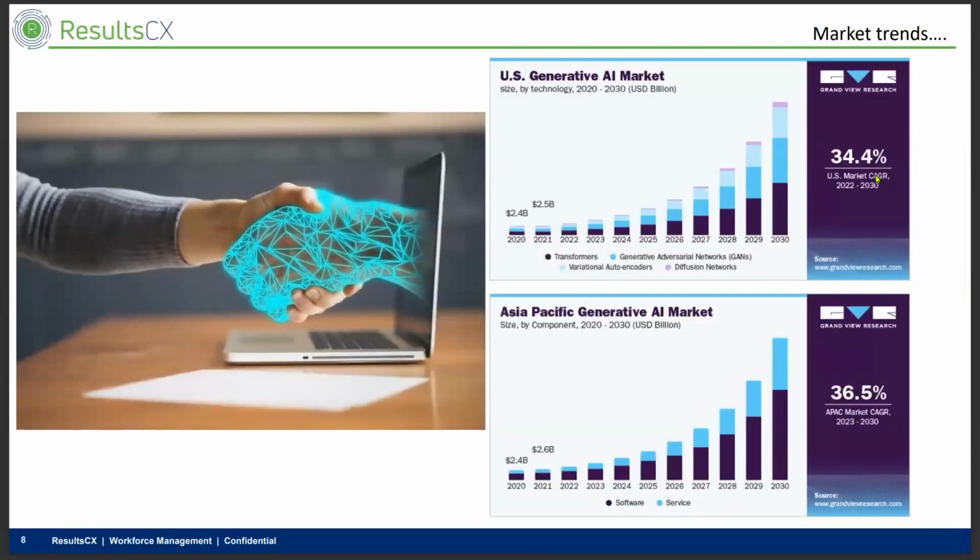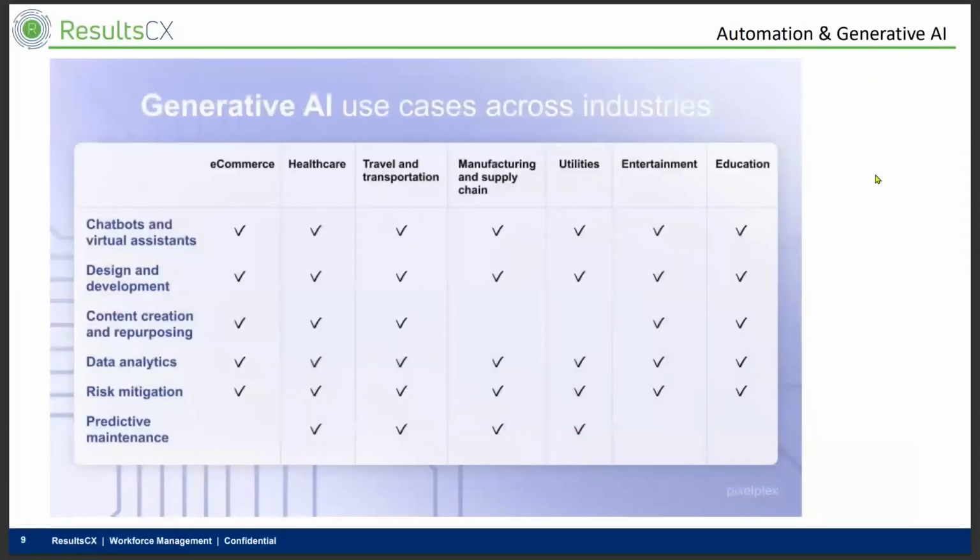Looking at AI, generative AI, like I shared, is a big buzzword, and it is going to continue to accelerate, even far more than the software suite I was sharing earlier. Looking from 2020 to 2030, from the US market to the Asia Pacific market, you see even more accelerated growth that is going to happen. All of these things are telling us that the market is going to keep evolving. As a byproduct, it becomes critical